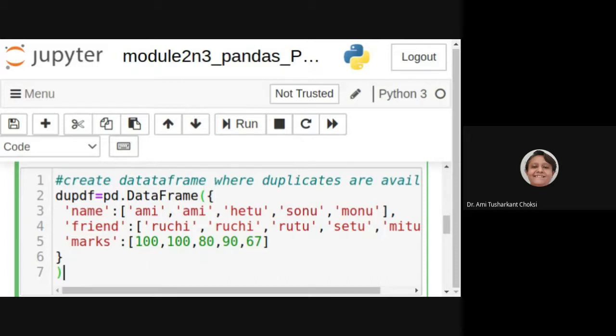So now we create the duplicates or missing values, whatever is in the question. Then you remove them, right? The examiner will be convinced that as such nothing is missing or duplicated in the data set, but the student is aware of how to create that and then how to remove it. Got the point? So take care of that. And that is why in the paper I particularly ask that you create this data and then do something. This should be known to you.